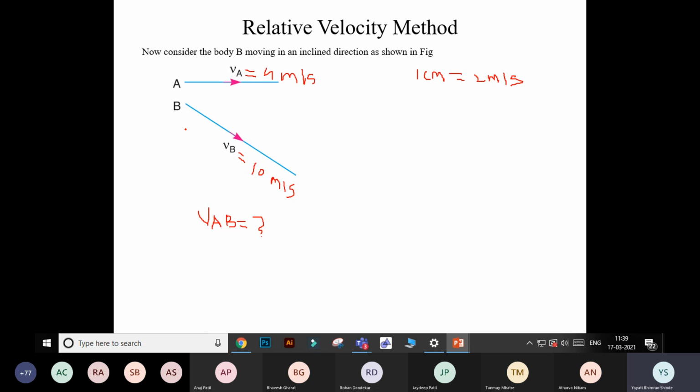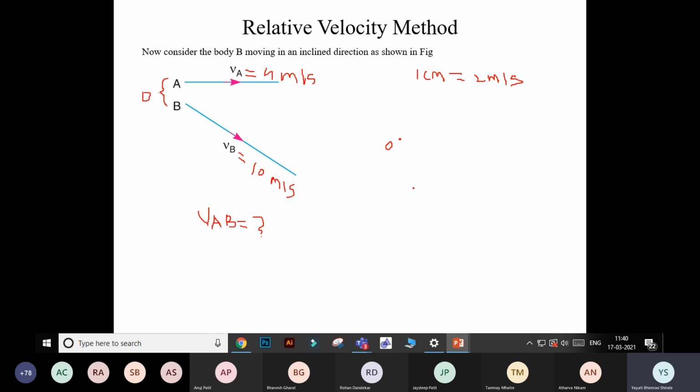Now both the particles are moving with respect to a fixed point. You have to consider here the fixed point is O. When you draw the vector diagram, you have to first of all locate the fixed point in the given mechanism. Always there are two or more fixed points. You have to locate them on the same location. Suppose I will take here a fixed point O.